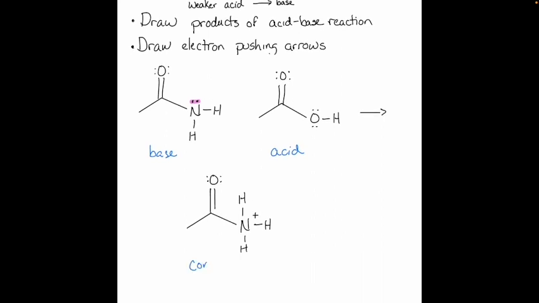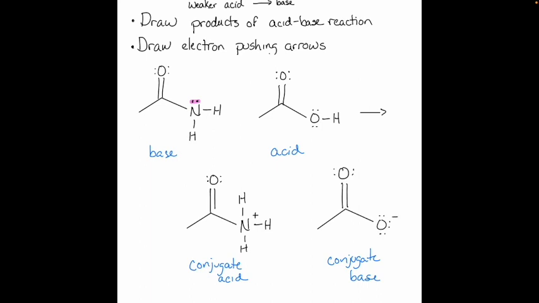That's my conjugate acid. And my conjugate base is when I take my acid molecule and I remove a proton, I remove a hydrogen, and replace it with a lone pair and decrease that charge